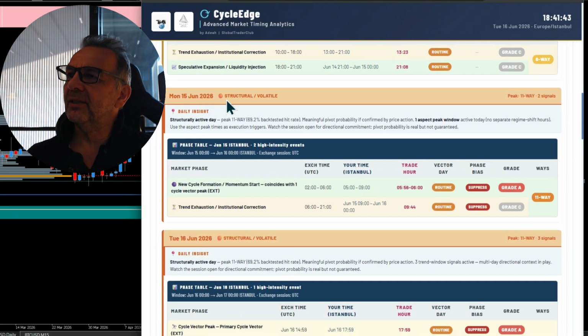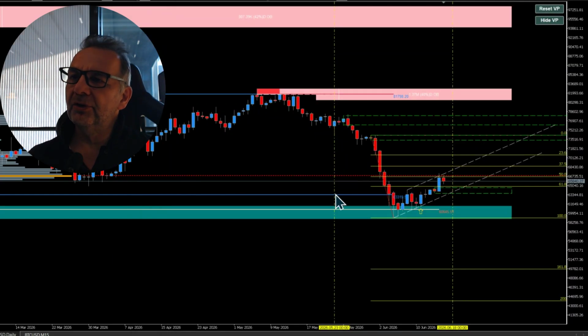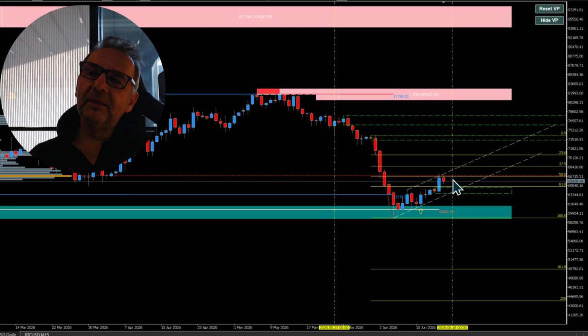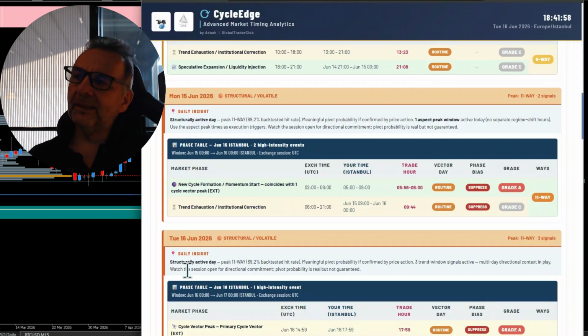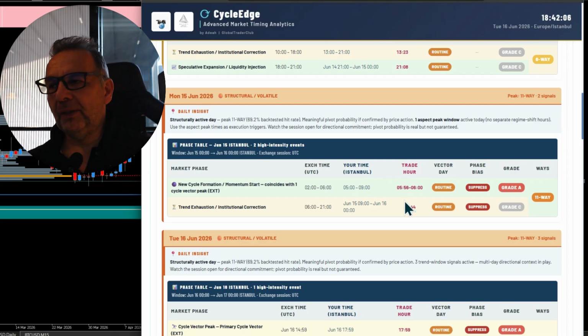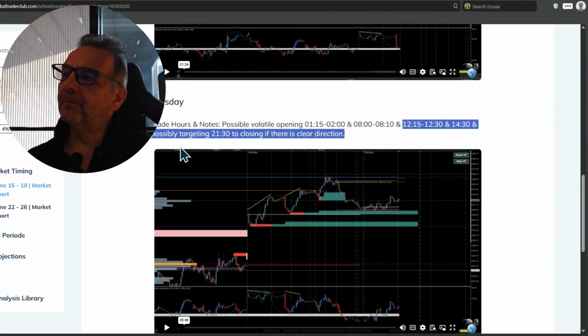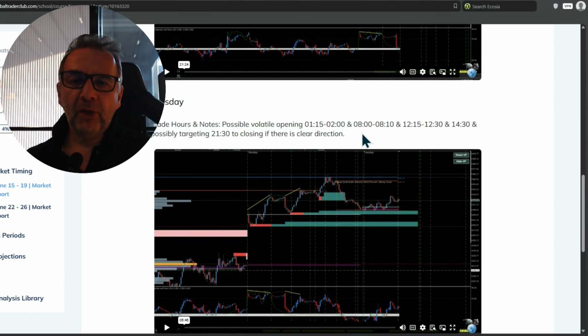as you can see, it's a structural volatile day, orange day, 16 orange day. That's your 15 and 16. All right, so these 2 days are good because the system gives us a heads up, so you can actually trade them off. All right, these trade hours are asset specific, only for Bitcoin. These ones are general for the whole market.